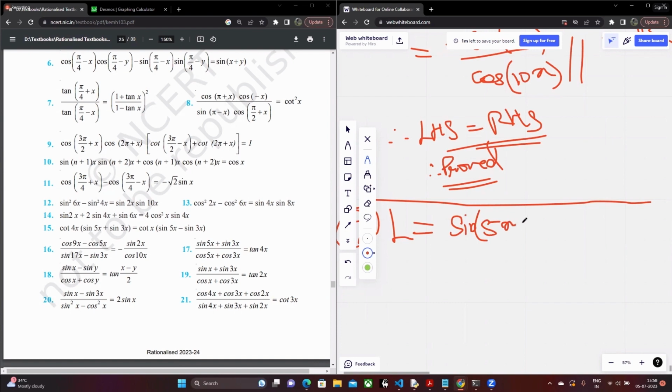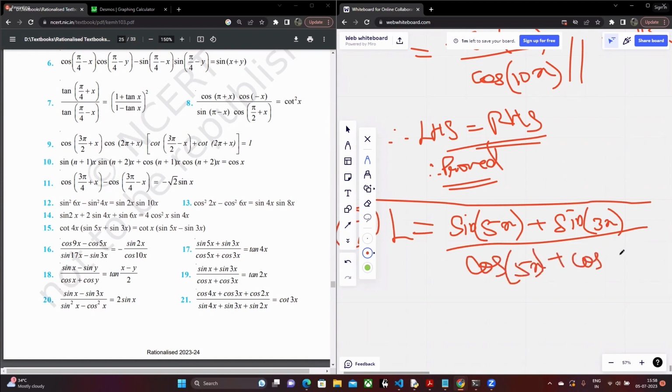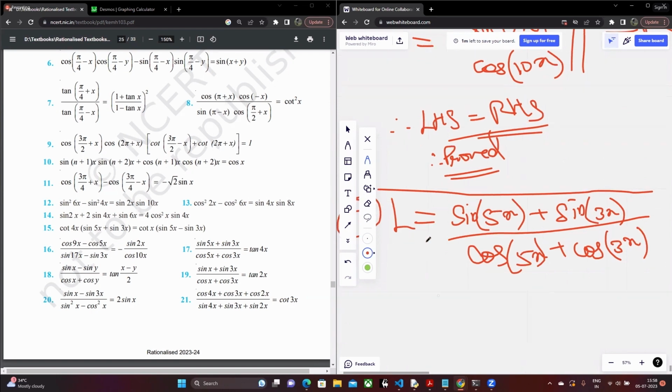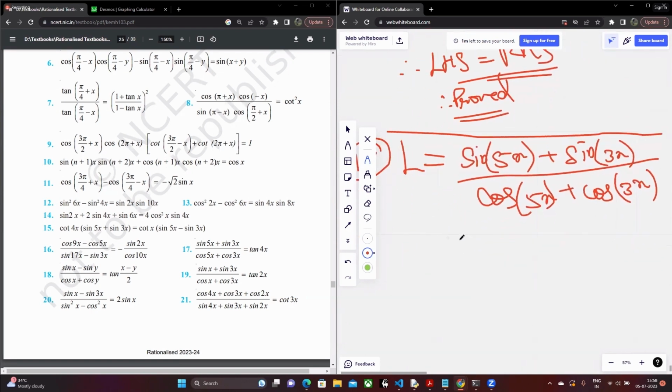Let this be sine of 5x plus sine of 3x divided by cos of 5x plus cos of 3x. Remember the formula, sin A plus sin B is going to be 2 sine of (A plus B) by 2, that is going to be 4x, into cos of (A minus B) by 2, that is going to be x,